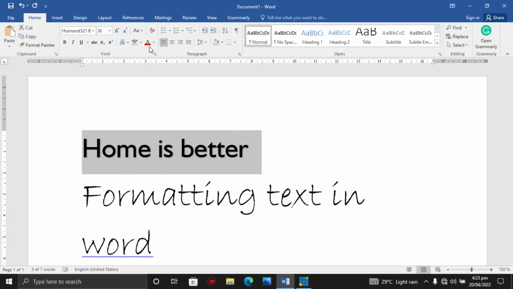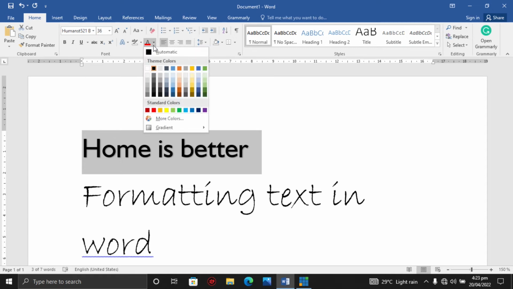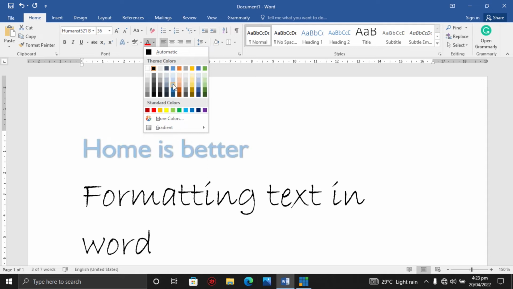Then we have this command called font color. The font color is going to change the colors of our letters, of the words, the text we have here. Change it to any color: black, orange, gold rather. Change it to gold, change to blue.